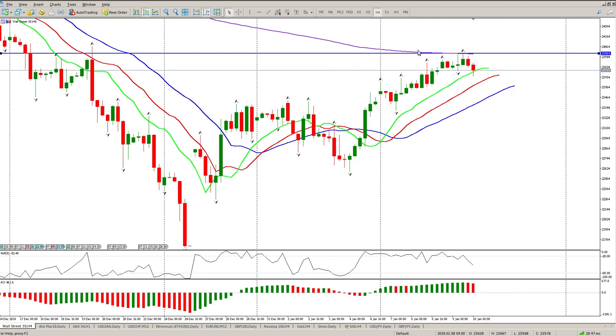And you can see how we have tested the 200 EMA. We are still in an uptrend. Okay, so that is the important thing to remember. We are still in an uptrend. The oscillator is starting to move to the downside, which is a fairly positive signal. Okay, in other words, I'm looking for retracement for another attempt at getting through